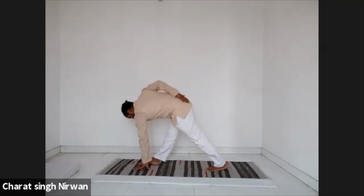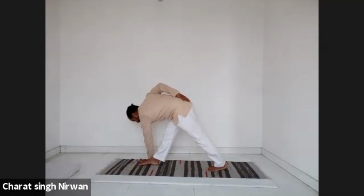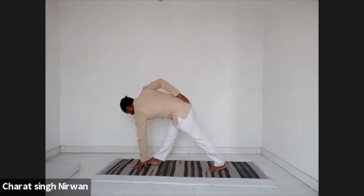Then push your right hip back, left hip forward, and place your left palm outside the right foot, or any option which works for you, wherever you feel good balance. Maintaining that, roll the right shoulder up. You may raise your right arm up and look up. Breathe and be stable. Then slowly